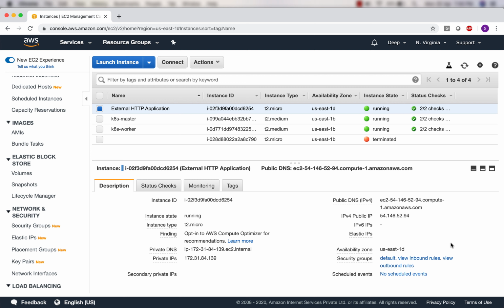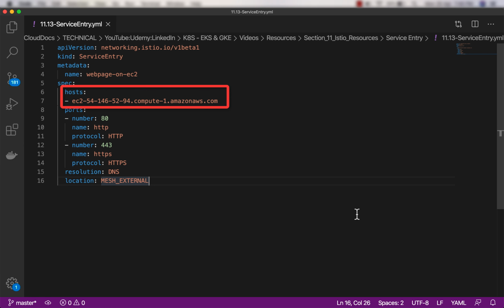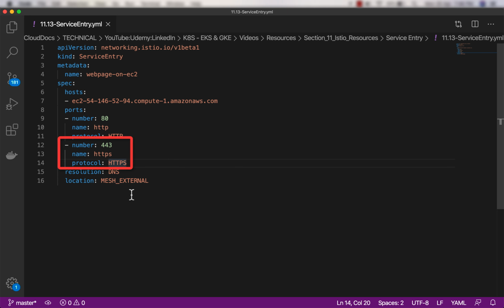You can use similar options in Google Cloud Compute Engine also. You can provide a DNS name to Compute Engine and then use that as well. So that's what I have mentioned here in the hosts. And in the ports, I have mentioned number 80. Name is HTTP and protocol is of course HTTP. I'm also allowing port number 443 using HTTPS protocol.